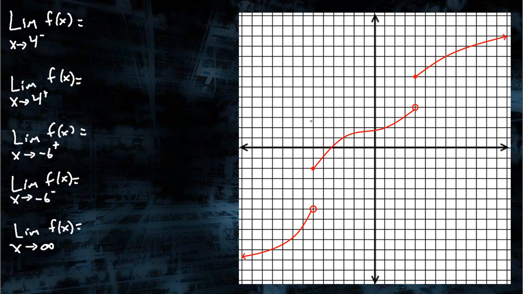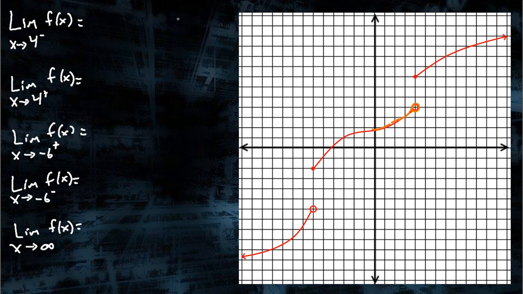Okay, we're almost done with this. So let's take a look at this graph. This graph has a bunch of jumps, but these are going to work the same. Let's say I take the limit as x approaches 4 from the negative side. So that would be from the left. So I'm coming from the left, and if I look at my graph coming up to 4 from the negative side, this circle means